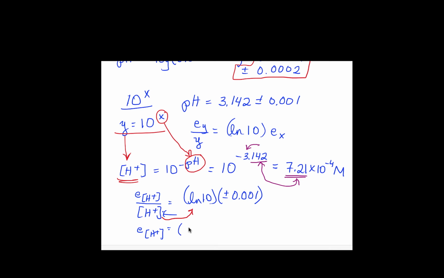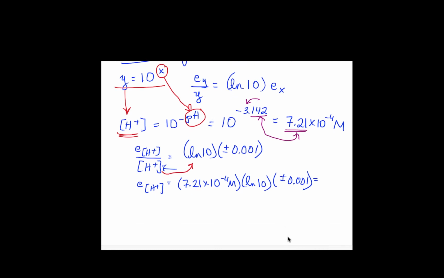So that looks like 7.21 times 10 to the minus 4 molar multiplied by natural log of 10 and plus or minus 0.001. So pause the video, take a second, plug that into your calculator, and you should get 1 times 10 to the minus 6 molar, or since this is in 10 to the minus 4 molars, we should get